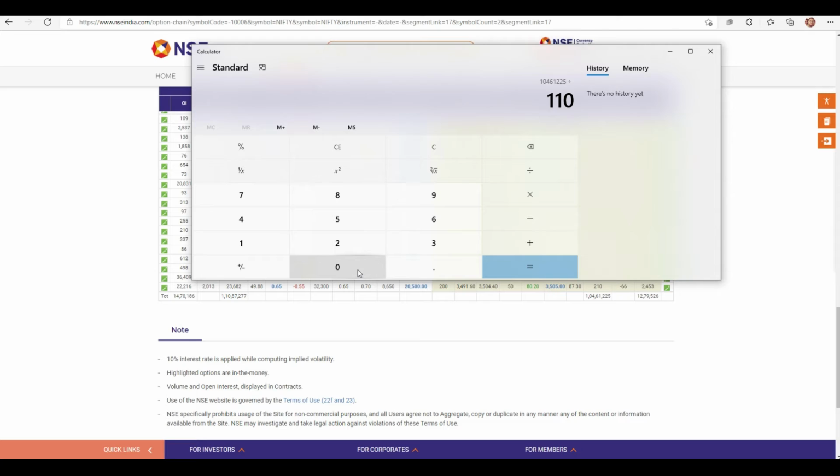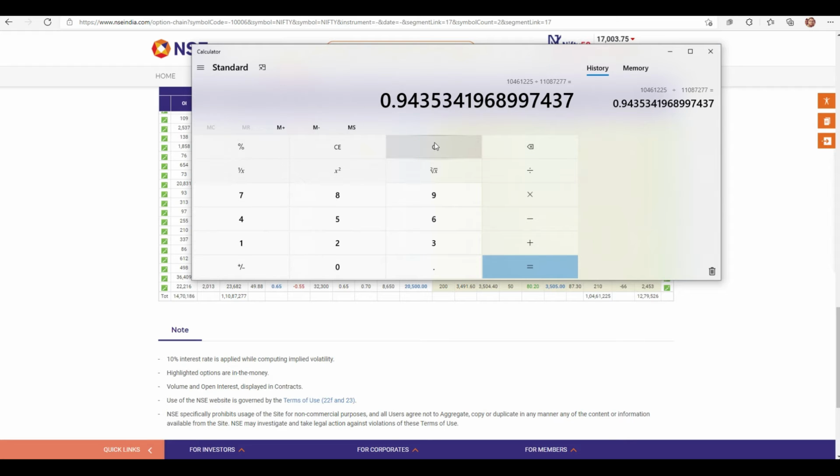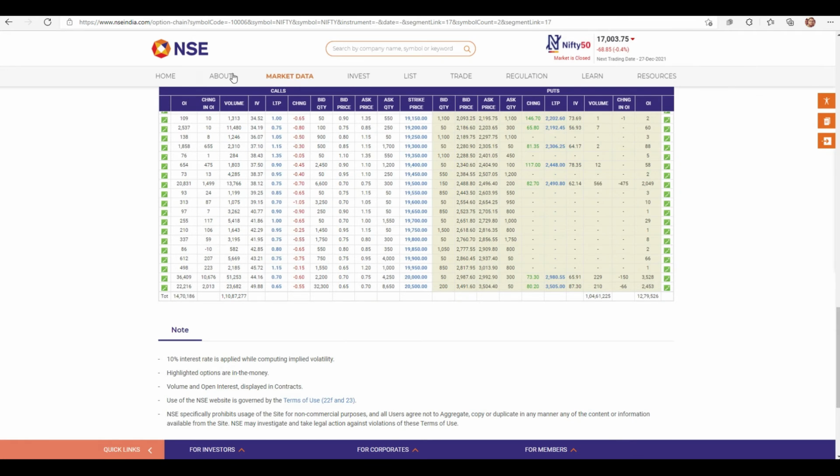Here if we see this, we get to know that many contracts are traded across the exchange in the calls. Nifty call sides are more, which means many more volumes are traded on the call side. If we divide, we get a value of 0.94. Just remember that the PCR of Friday's closing of Nifty is 0.94, approximately 0.95. Then next, let's clear this.